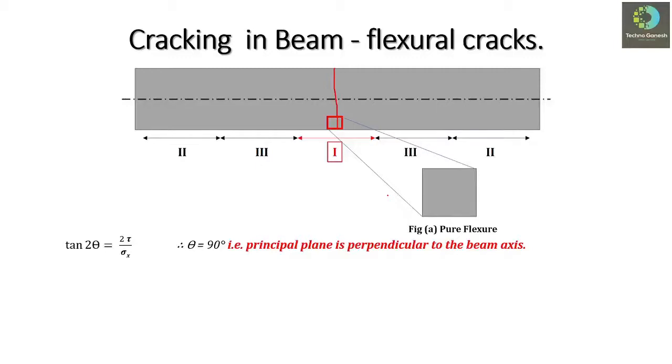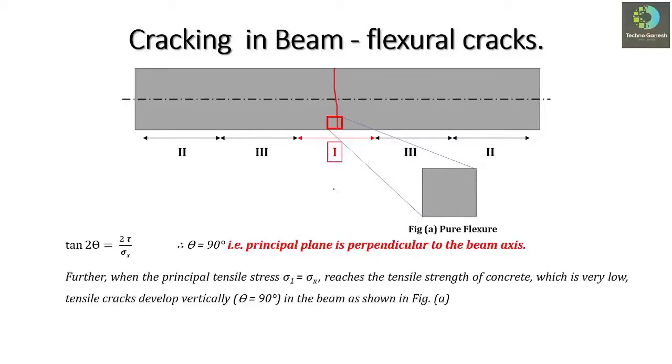Now if we consider this element, or the stresses acting on this element, as I already told you, the predominant stress acting on this particular element is the principal tensile stress, that is sigma x, and sigma 2 is equal to 0. So sigma 1, the principal tensile stress, has a value equal to sigma x, which we have just derived. So this stress will act on this portion,